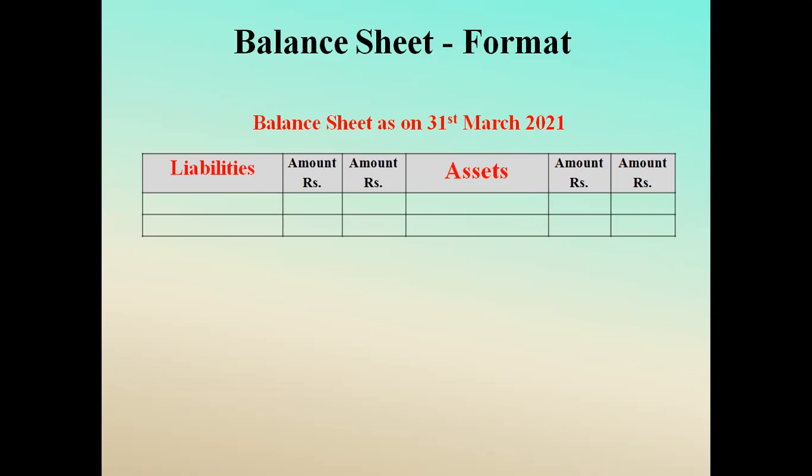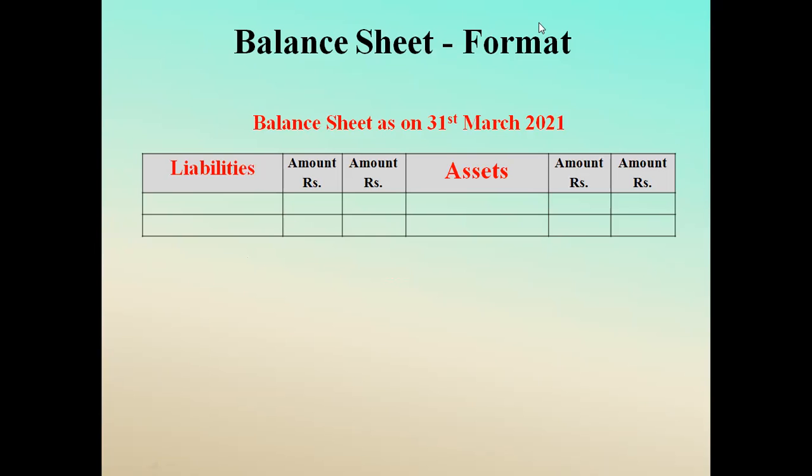But here we have a partnership final account. Here the partners will be two or more, but in the previous case it was only the sole trader, the owner of the business, who maintained the books of account. So here on the liability side, the liabilities will appear, the capital of all the partners will appear, and on the asset side, the right hand side, the assets: fixed asset, current asset, and fictitious asset.